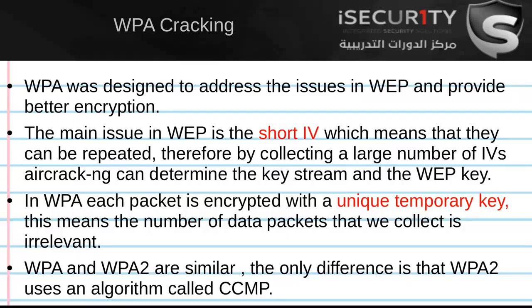Now in the next few tutorials we're going to talk about WPA encryption. This encryption was designed after WEP, and it was designed to address all the issues that made WEP so easy to crack. The main issue with WEP was the short initialization vector, which is sent as plain text in each packet. The short initialization vector meant that the possibilities of having a unique IV in each packet can be exhausted